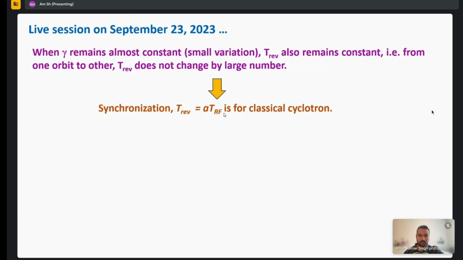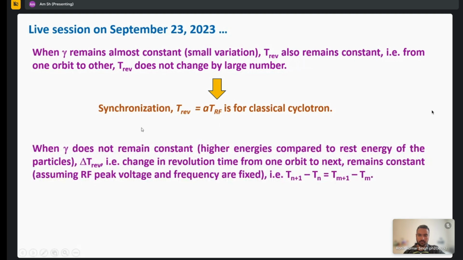It will be very low compared to rest energies. Means in classical cyclotron, we can go up to 50 or 60 MeV and like that. Definitely, there are some variations of the cyclotron, such as AVF, azimuthal varying field cyclotron, where we can raise energy up to higher values. However, in classical cyclotron, this relation holds good, and we really work up to 30, 40 MeV even like that. However, when gamma changes, you can calculate very easily